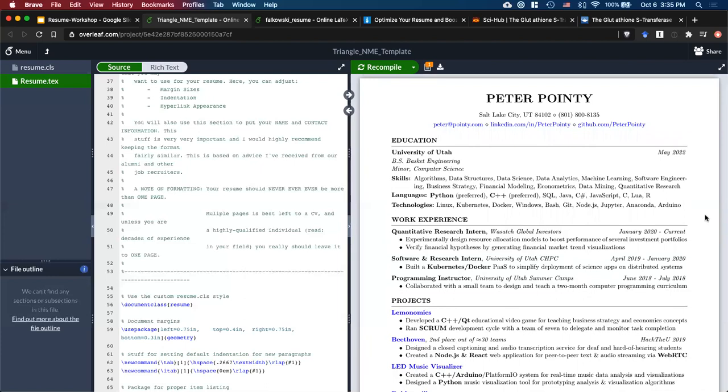I mentioned that as you gain more experience, you'll eventually run out of room on your resume and you have to start being selective. But that doesn't mean you need to completely